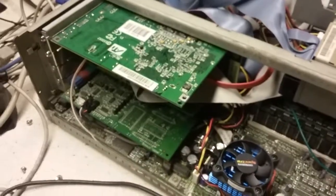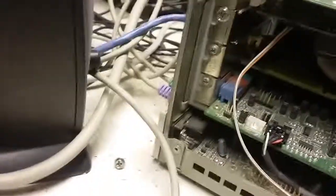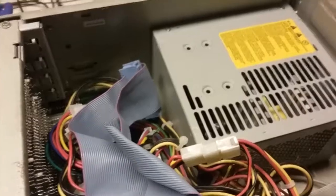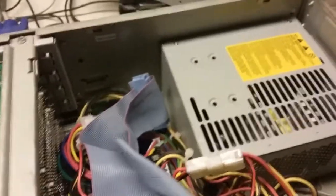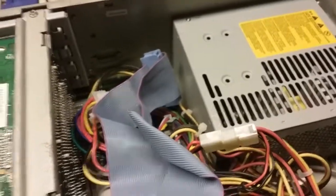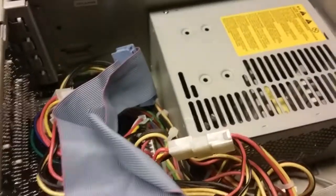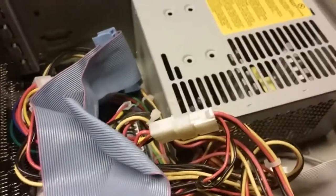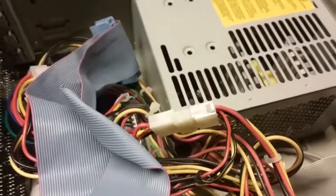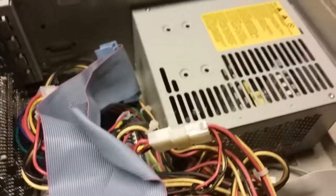So those are all of the available slots filled. The power supply was still working. I was just goofing around, trying to see what video cards I can use and if it would be pulling more power. I didn't want to pop in a video card, even if it didn't work, and have half of the power draw go just to the video card, risking low